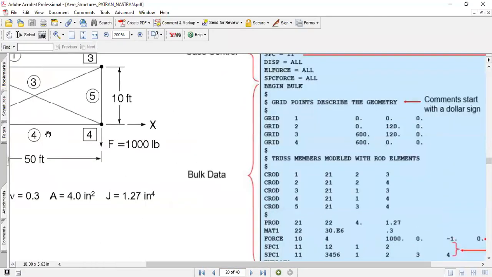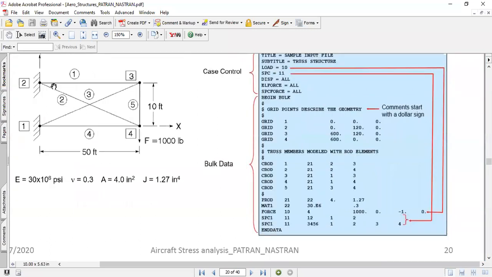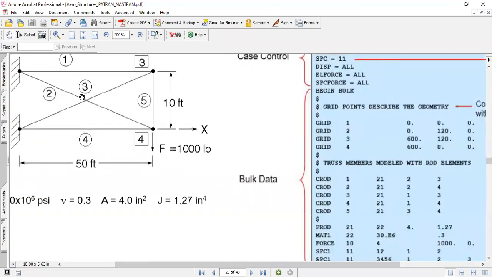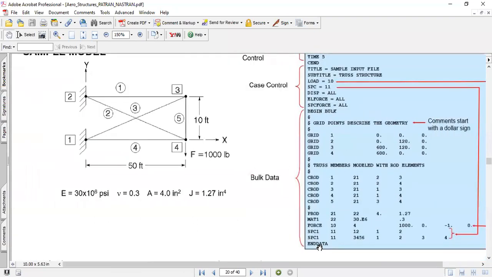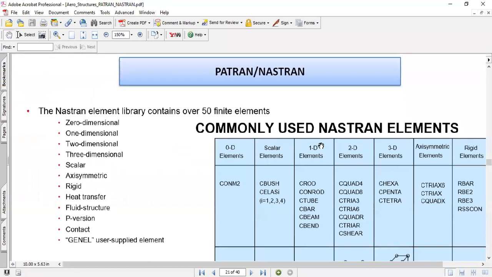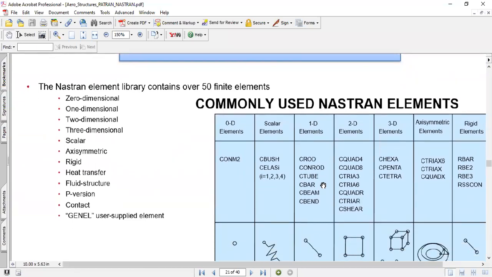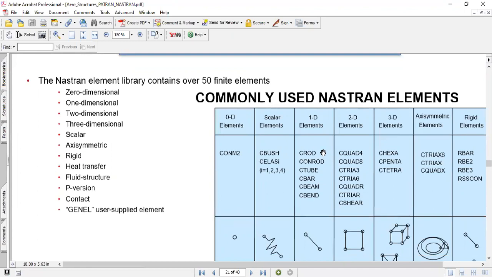If you see this truss type structure, a truss type structure resists only the axial loading, so it can be modeled as rod elements. If I go back to the 1D elements, one is the rod element that takes only the axial load. The other is the bar element. It takes both axial and bending. Whereas the beam element, there's a difference between bar and beam within Nastran, takes bending, axial, as well as the moments and couples.